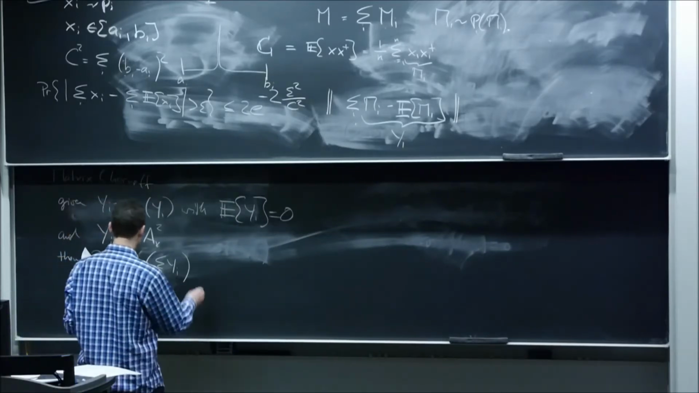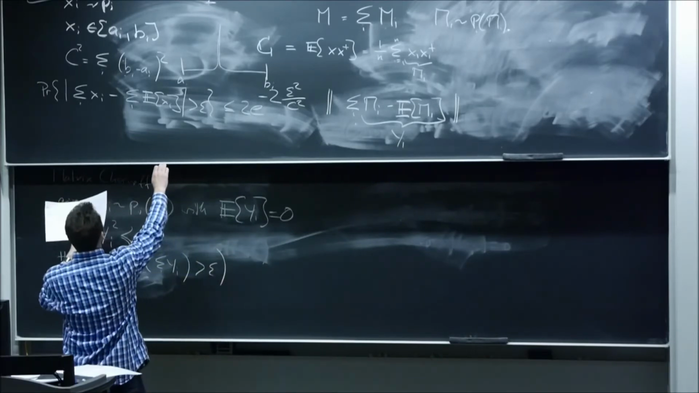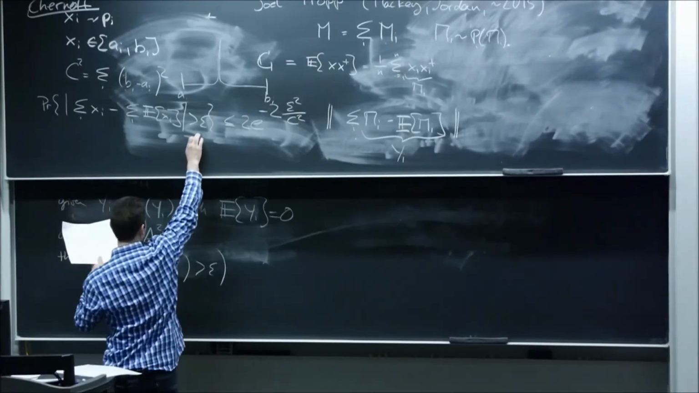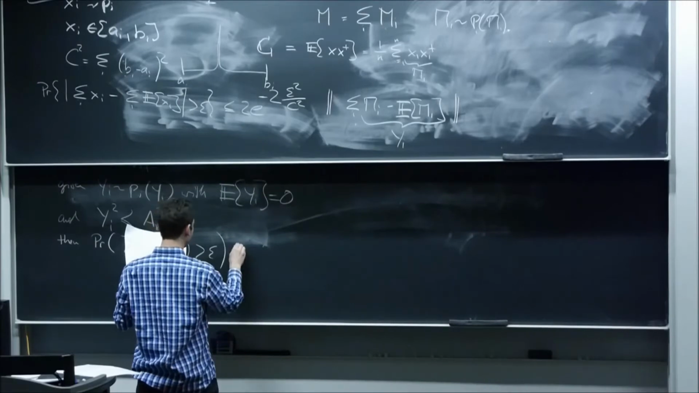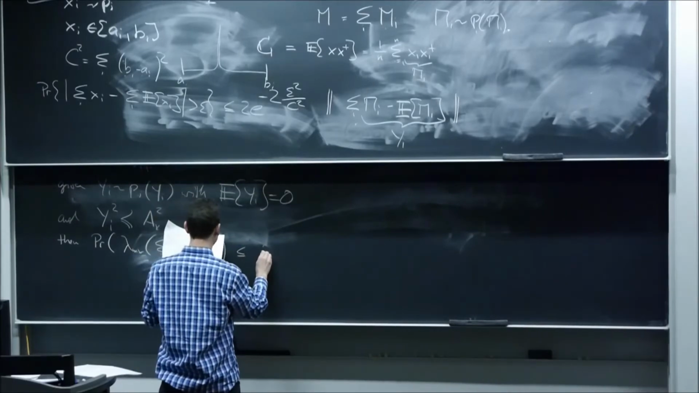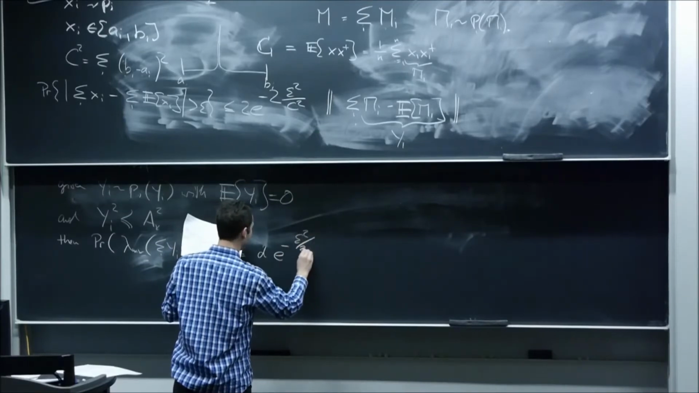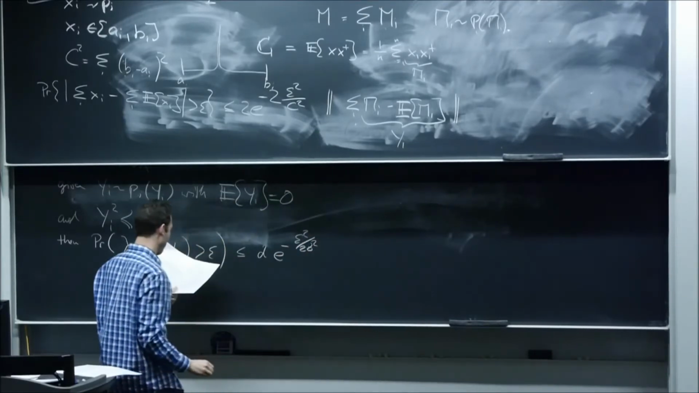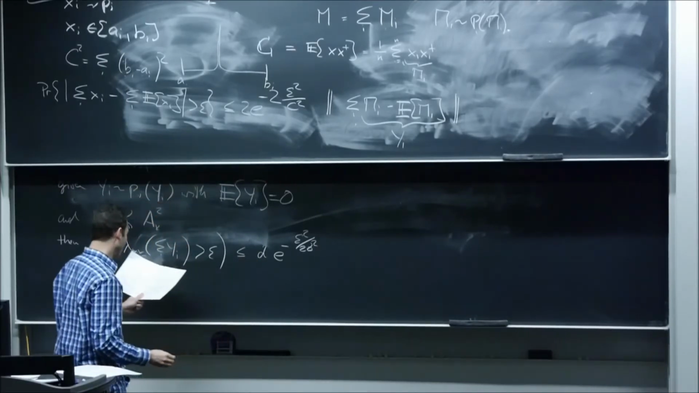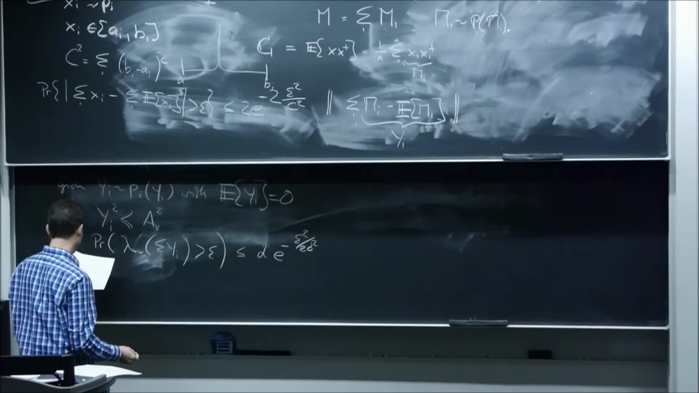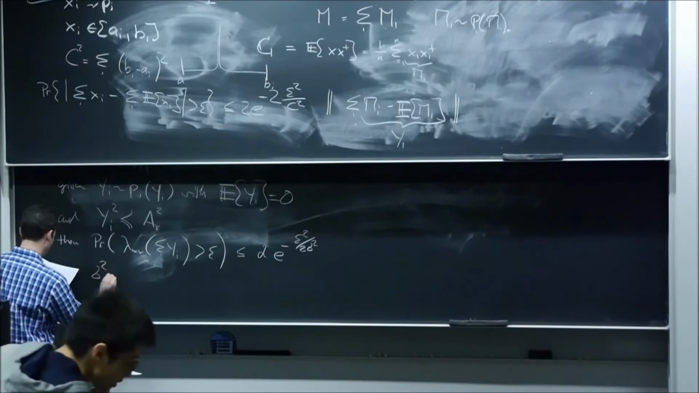So, but basically, the probability that this is greater than epsilon, so that's the equivalent of this deviation term here, is less than or equal to d e to the minus epsilon squared over 2 sigma squared. So we still pay a dimensionality dependence here, but it's not too bad. And now this quantity sigma squared is